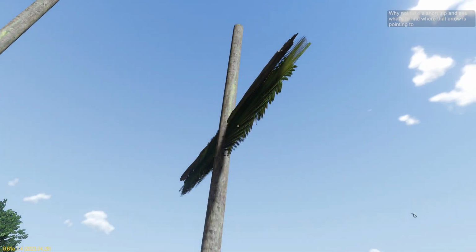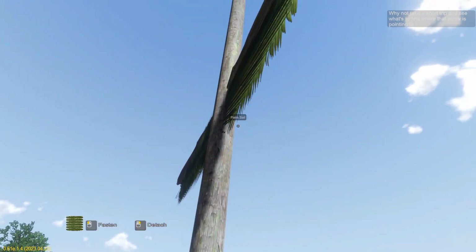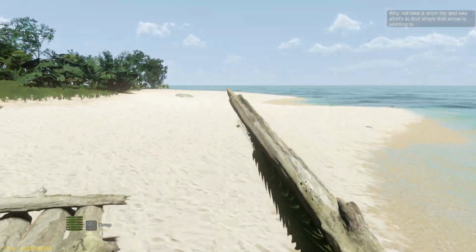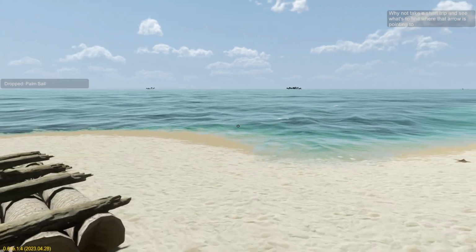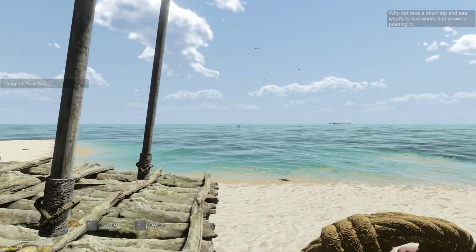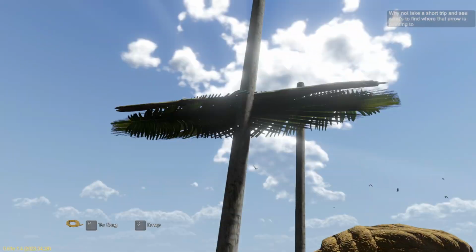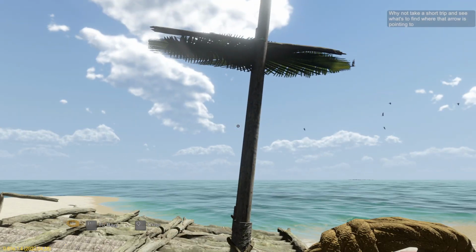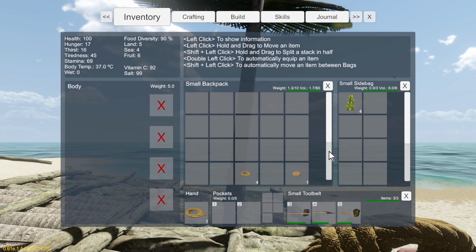is we're going to aim on that. We're going to attach one of these sails, pop it down, and we'll just attach. Did I already attach one? I did already attach one. Okay, but that's fine. We want a rope